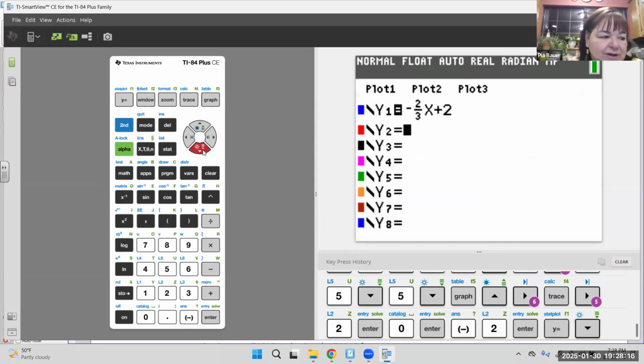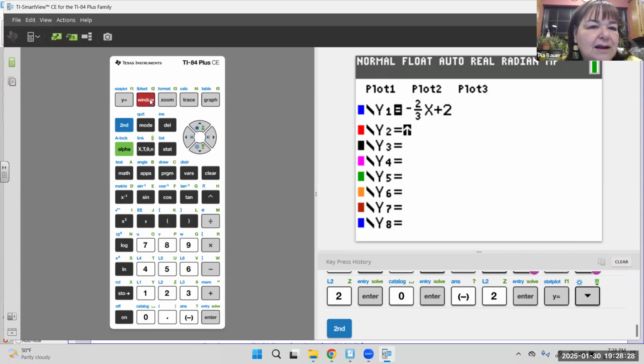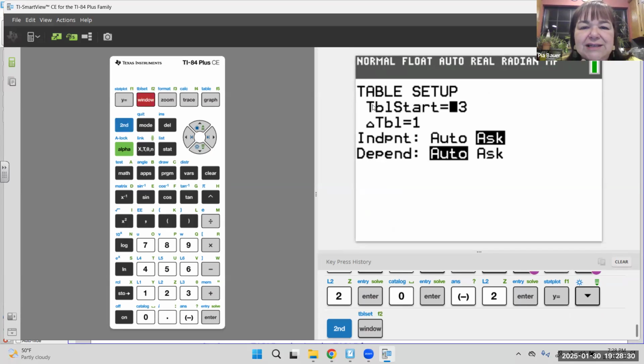and we enter our equation. So let's say I want a table for this. I don't want to have to do all my calculations by hand, so I want to set up a table. So I'm going to go to table setup, so that would be second and window. So this table start is asking you, where do you want to start your table? And let's say we pick -5. It's really not a big deal